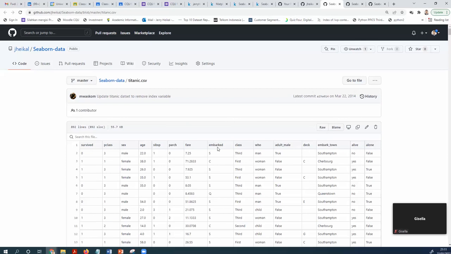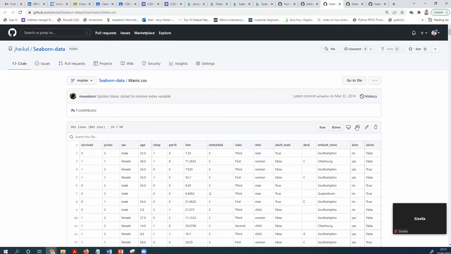Embarked: S is Southampton, C is Cherbourg. Then class, who is man or woman, adult male true or false, the deck, and alive: 0 is not alive, 1 is alive. Alone: if he has a companion then false, if alone then true. So this is the Titanic data.